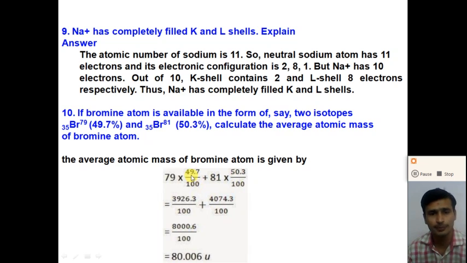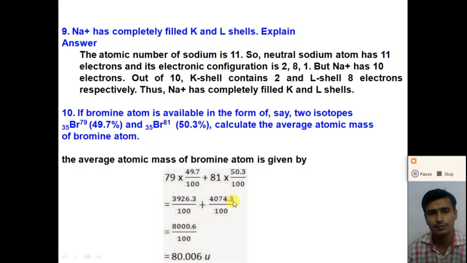So if you calculate this, 79 multiplied by 49.7 gives 3926.3 divided by 100, plus